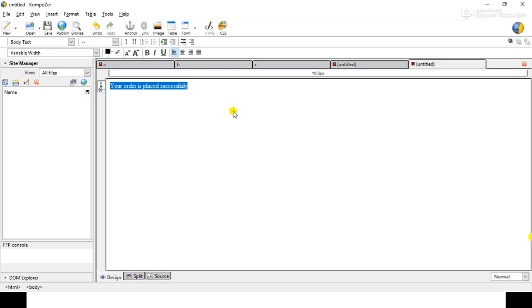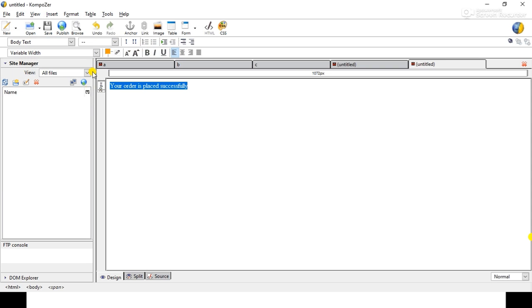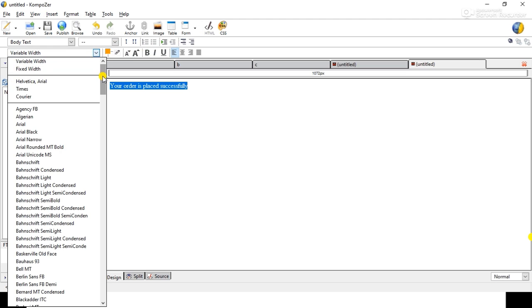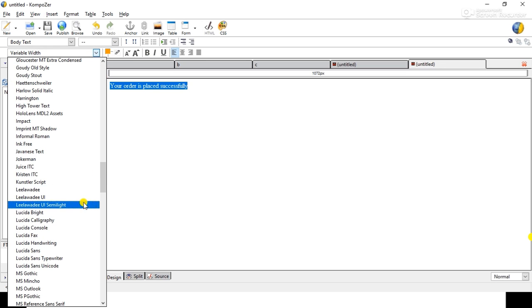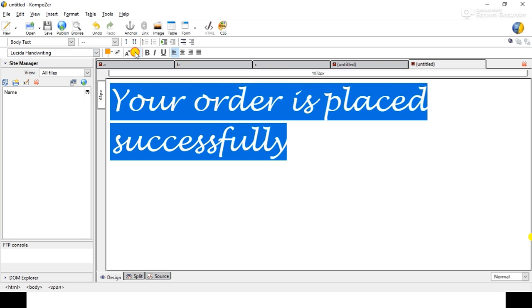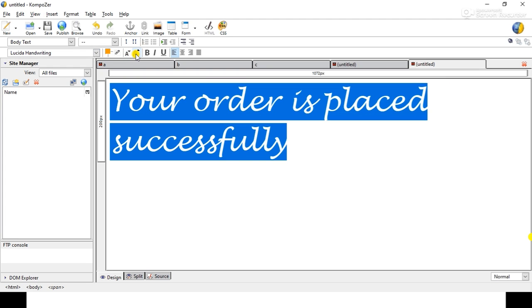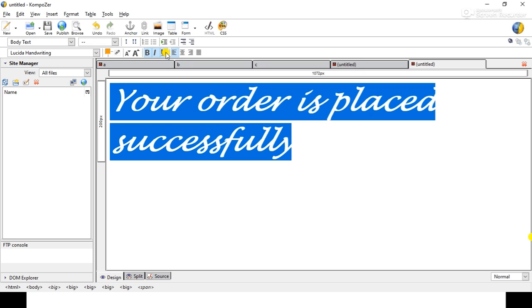For giving some effect, choose the color, OK. Select this font style, increase your font size, give some bold, italic, underline effect as per your requirement.